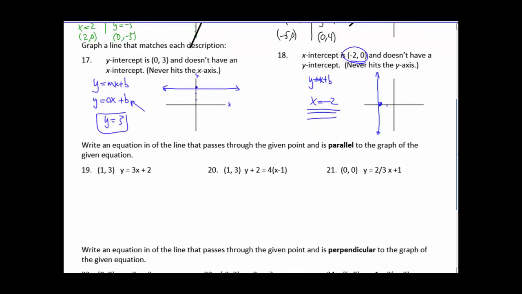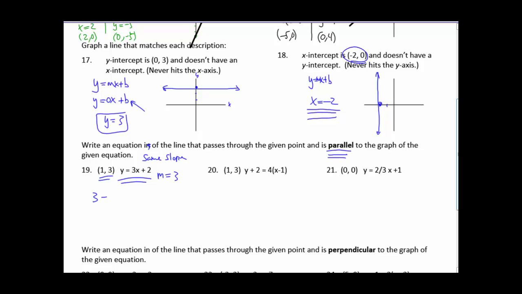Number 19, write an equation of the line that passes through the given point and is parallel to the graph. So we need to understand that parallel means it's going to have the same slope. So if our equation is in y equals mx plus b, we know our slope is 3. So our other line has a slope of 3, and then we need to find the y-intercept. So if we plug in the point that we have and use y equals mx plus b,